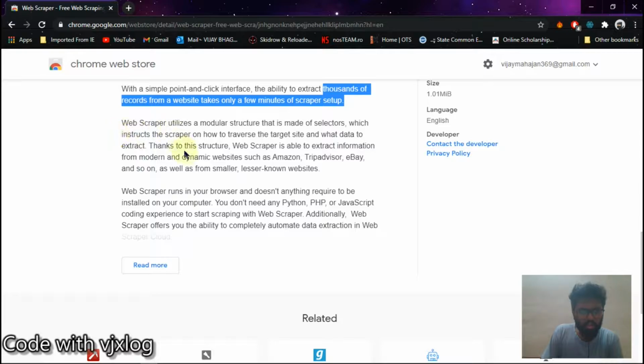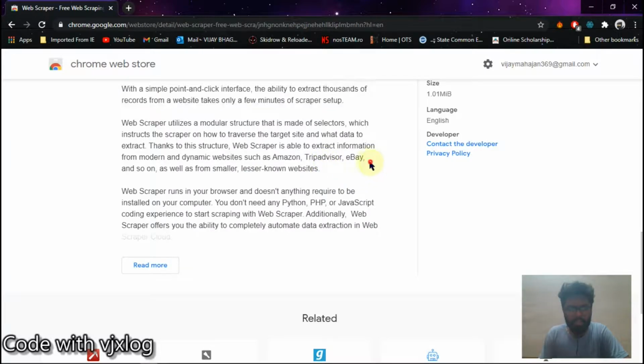And Web Scraper utilizes a modular structure that is made of selectors, which instructs the scraper on how to traverse the target site and what data to extract. Thanks to this structure, Web Scraper is able to extract information from modern and dynamic websites such as Amazon, TripAdvisor, eBay.